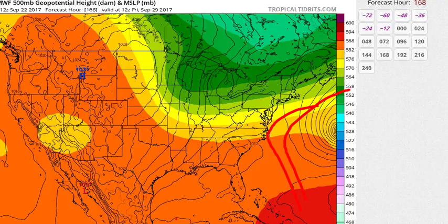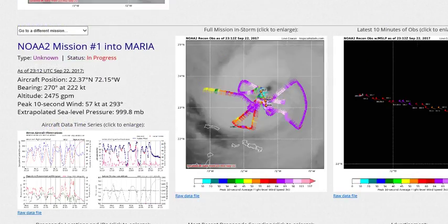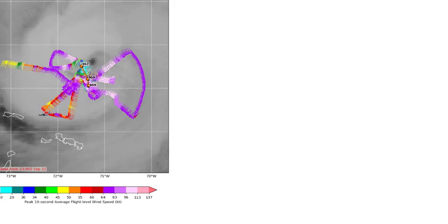And before I go, to the Hurricane Hunters aircraft data. They are in Hurricane Maria right now. He's doing one of the oddest flight patterns I've ever seen in my life, but the pressure has remained steady at 959 millibars. Let me refresh this and see if they came in for another pass. Okay, they have. So let me pull this up, and hopefully it stays in the frame here. It has. Good, perfect. It's down to 957 millibars,